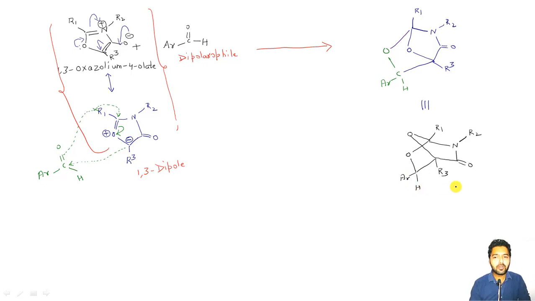So once again, what I have got is a cyclic adduct here from the reaction of my mesoionic heterocycle, which is a type of 1,3 dipole, with some carbonyl compound which is acting as a dipolarophile. And once again, the reaction is of what type? It is a 1,3 cycloaddition type of reaction, and this is the result here, right?